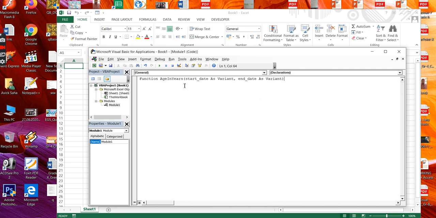After that, your function AgeInYears is completed. Now it will end the function. In between Function and End Function, you have to write whatever you have taken in the function AgeInYears. So we will take AgeInYears equals Year(end_date) bracket close minus Year